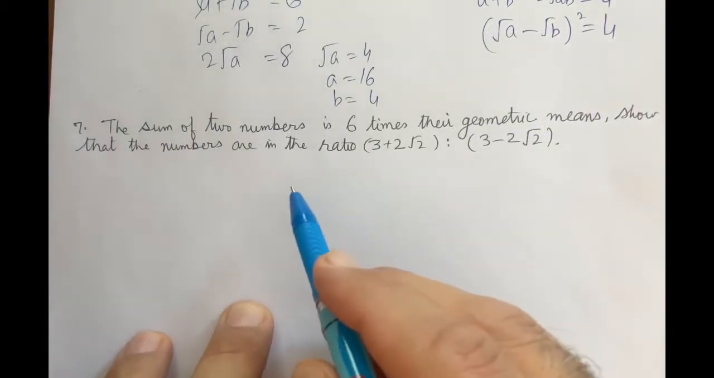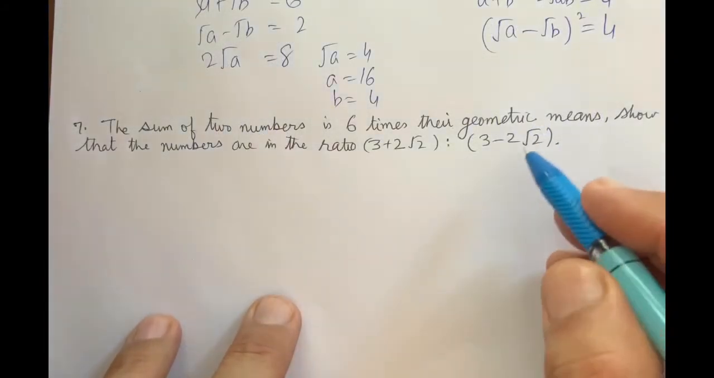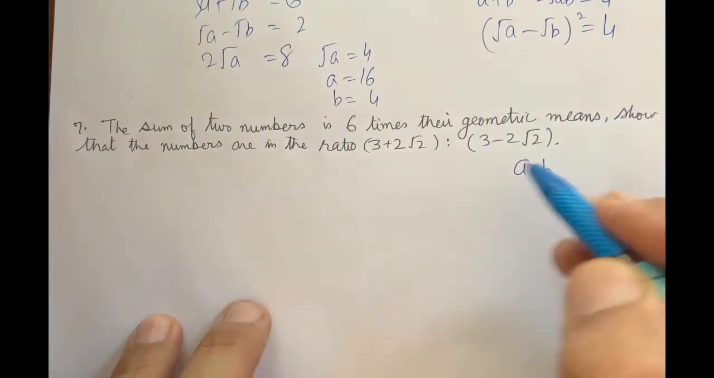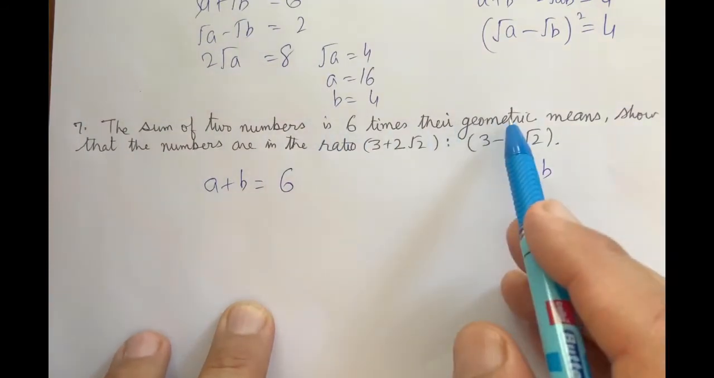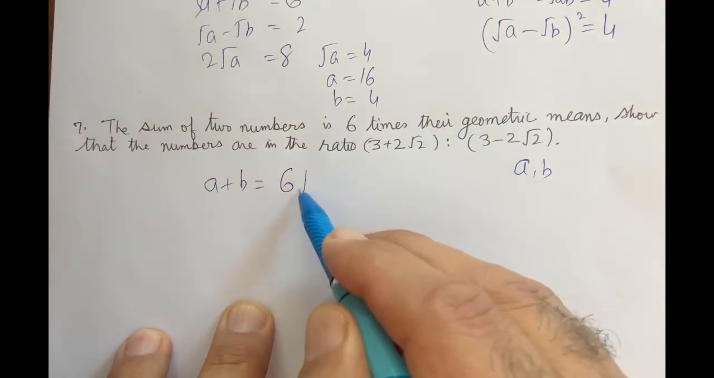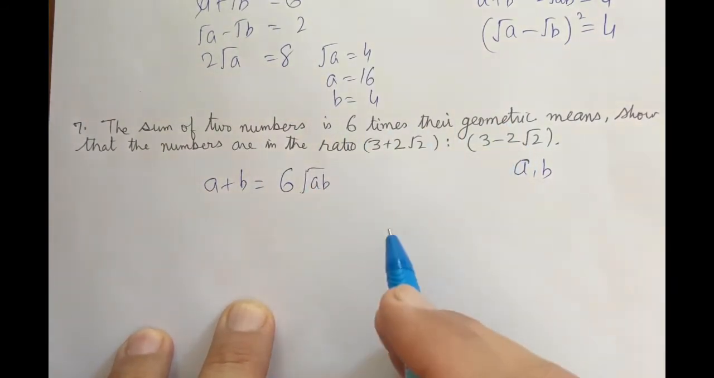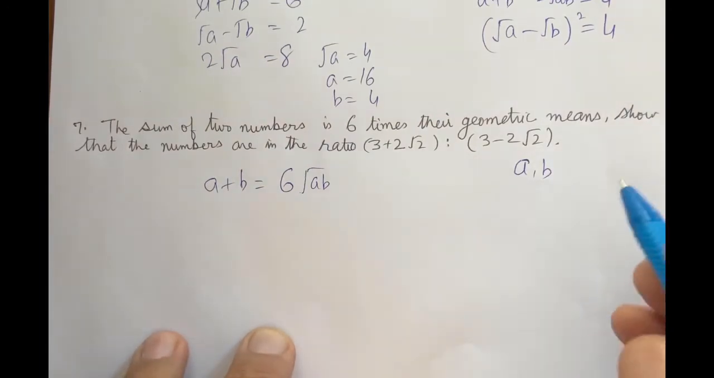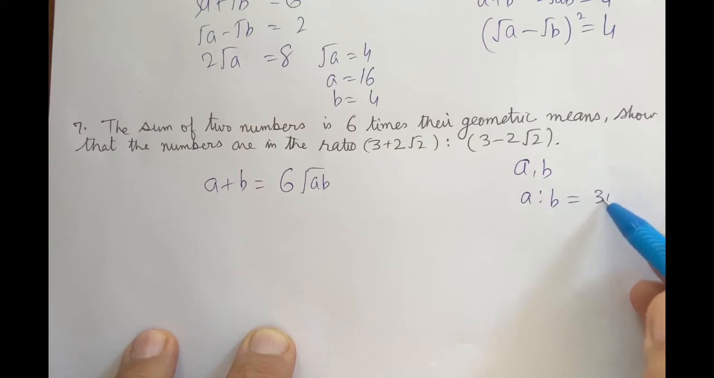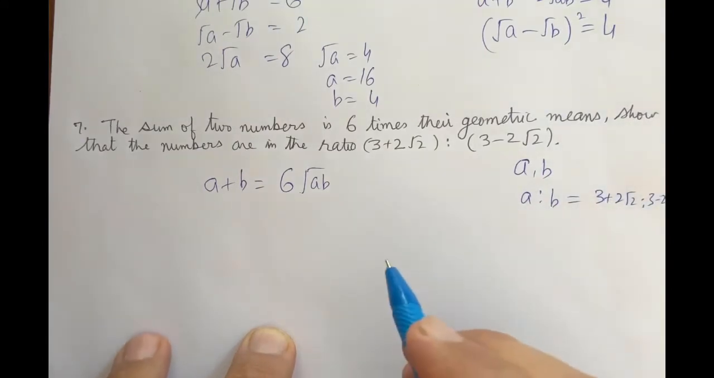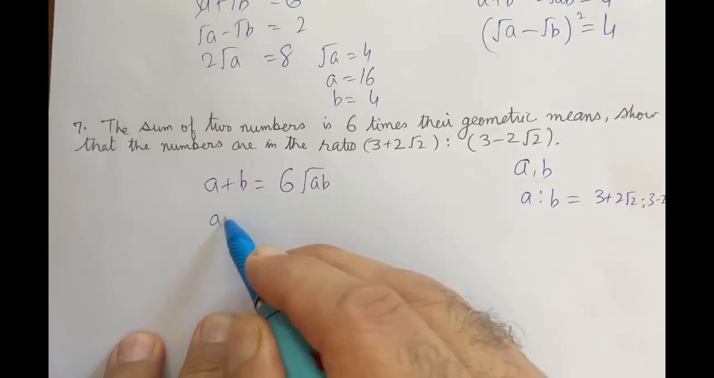Next question, we are given the sum of two numbers. Let us say the numbers are a and b. This is the sum of numbers, a plus b. This is equal to 6 times their geometric mean, that is root of ab. We have to show that the numbers are in ratio. We have to show that a is to b is equal to 3 plus 2 root 2 is to 3 minus 2 root 2. From this we can write a plus b upon